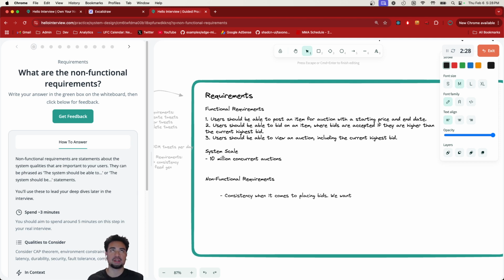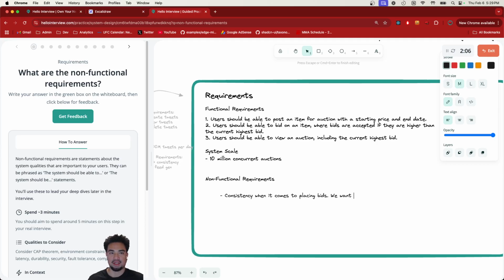Essentially, what's going to happen here is pretend we have a bid and a lot of people are bidding. There's going to be a lot of contention, or competition, for who has the highest bid. And we just need to make sure that the person who has the highest bid is consistent